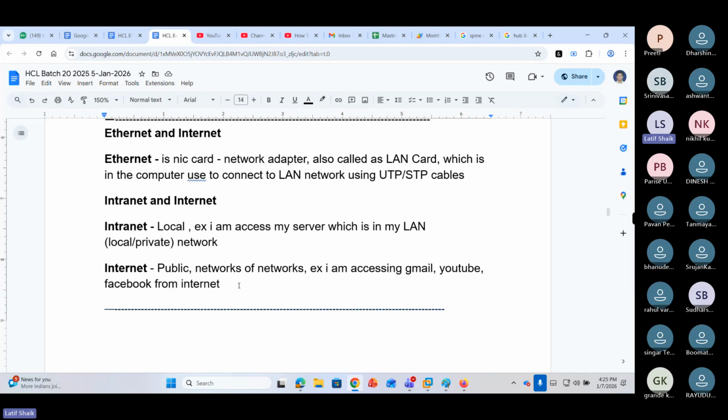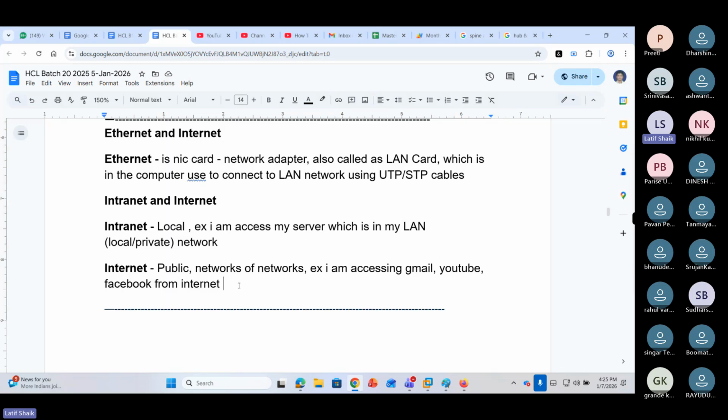Internet is public. It's a network of networks. Multiple networks are connected publicly. You're accessing google.com, facebook.com, youtube.com from the internet only. Without connecting to the internet, you can't access those things. Now you're accessing my link. Without connecting to the internet, you can't access our session either, right?